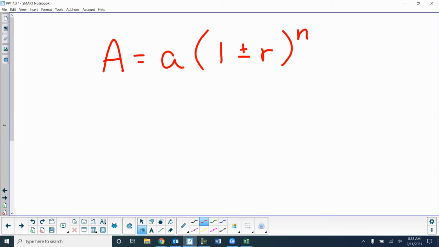Now, when I put it in the calculator or in my formula, what do we do with that rate? Yeah, we change it to a decimal, right? We're moving a decimal point where? 2 places to the left. Okay? And then what's the N represent? The time, the number of years, right? We understand that? So for number 1,